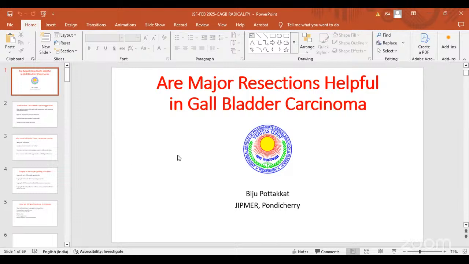And then every year we hold a Jaipur Surgical Festival, which is a 2.5-day CME in Jaipur. We've already held 4 Jaipur Surgical Festivals, and the 5th one is scheduled to be held in December this year. The theme will be surgical, radiological, and endoscopic anatomy of the GI and HPB systems.